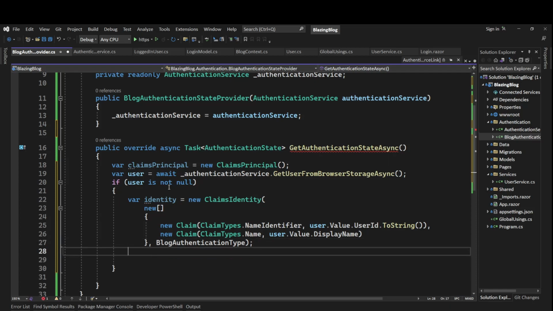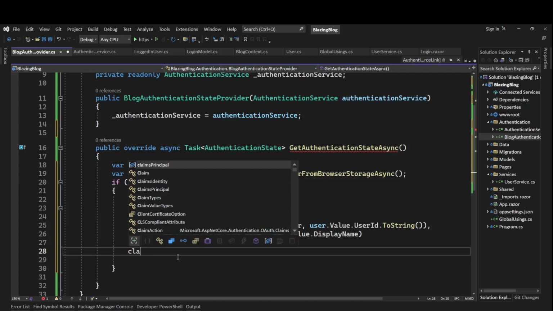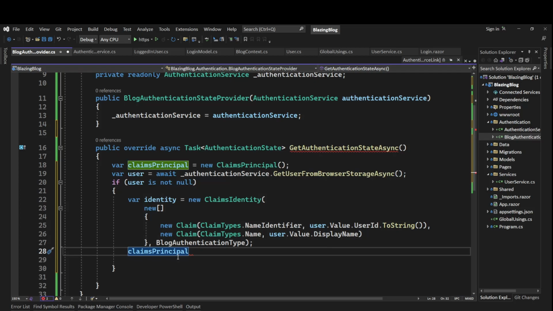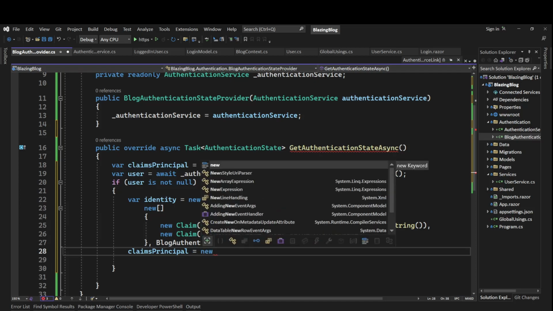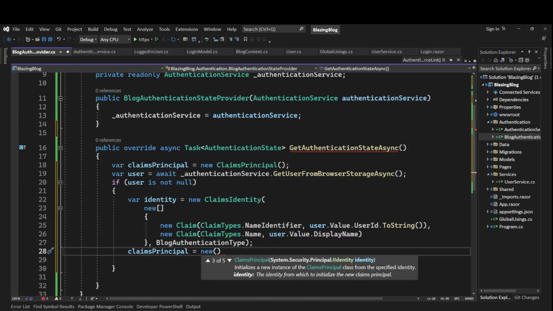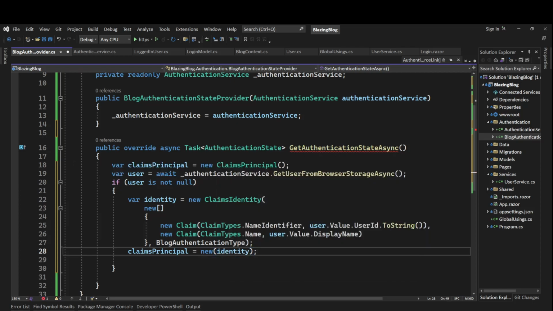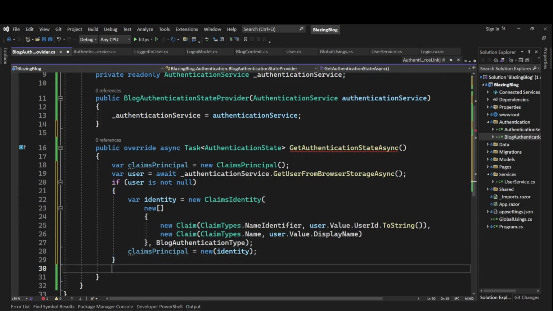So for that, we'll simply use claims principal. Let's pre-initialize it. New claims principal with, we have this IIdentity, right? So we can use this identity directly here. We can do this. Now we set the claims principal, but what if user